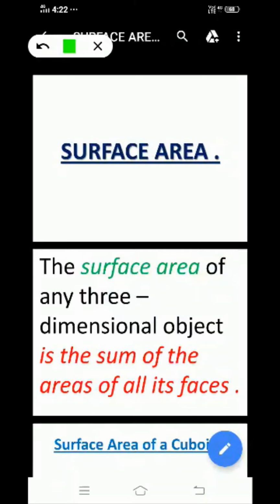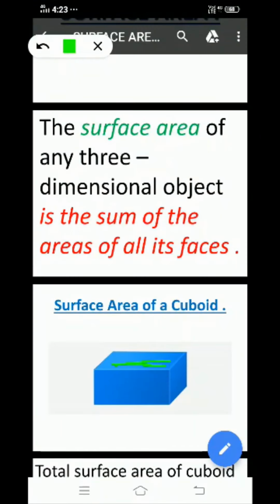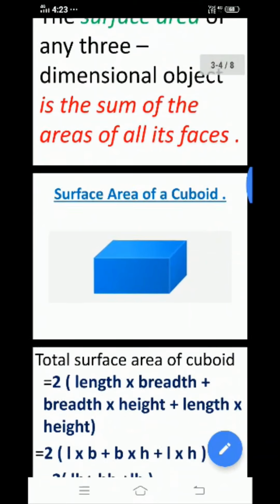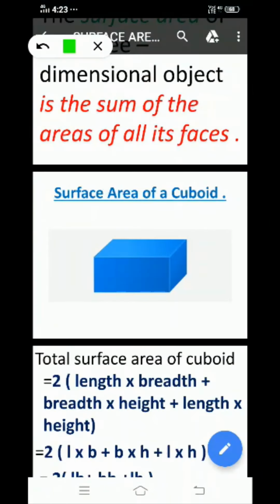Okay, this is the base. And next one is faces. Faces means what? The flat surfaces are called faces. If you count the flat surfaces or faces of this cuboid, it will be 6. It is 6. Okay, now see, if they give you the formula for surface area,